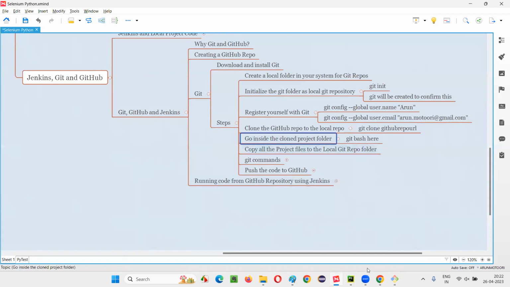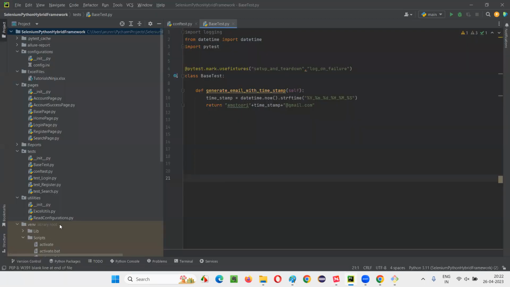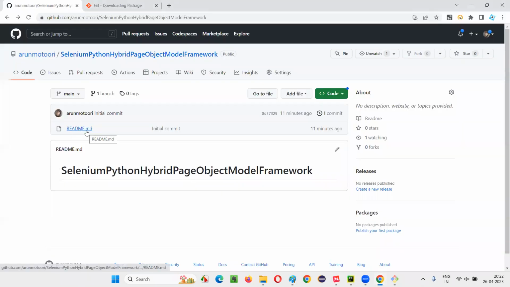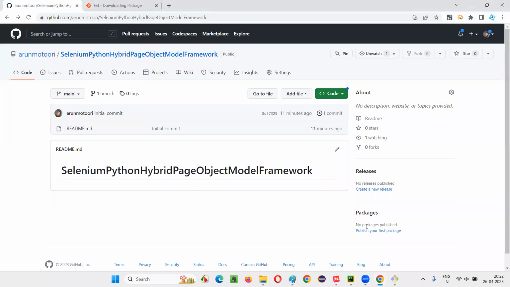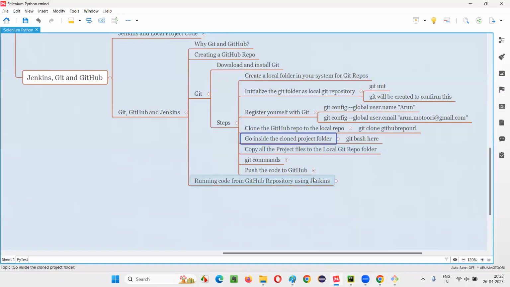Now the next thing is, whatever project code is there, I would like to upload it onto the cloud repo. At this moment, in the cloud repo, only this README file is there, but I want to upload my project code. This is all my project code that I want to upload onto the cloud repo. Okay, how to do that? For that,